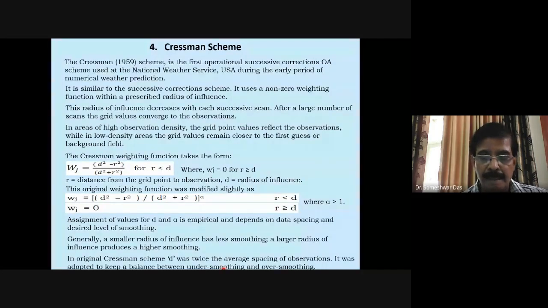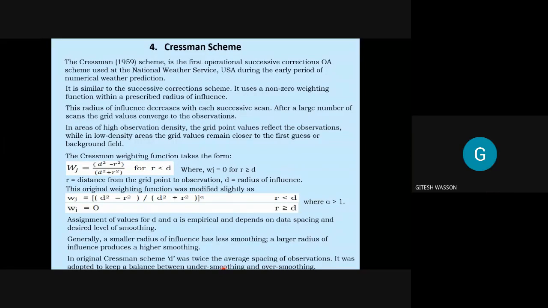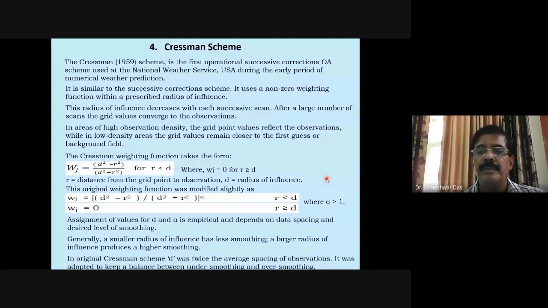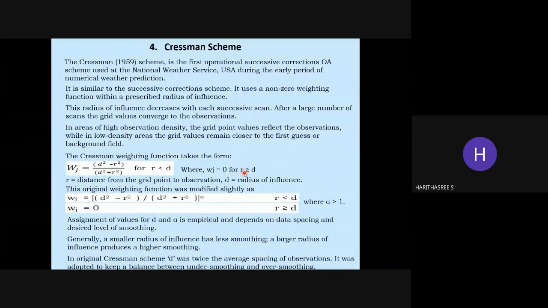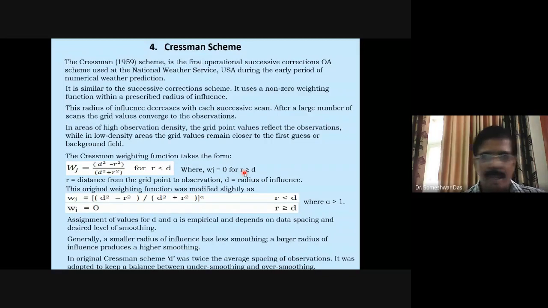You have heard, no? Nobody is saying anything. Everybody is silent. You have not heard? Hello? IMD gridded rainfall. How many of you have heard about that? Yes, sir. Okay, good. I'm just trying to test whether all of you are there. Are you awake or are you getting sleepy? Yes, sir. Okay, good.